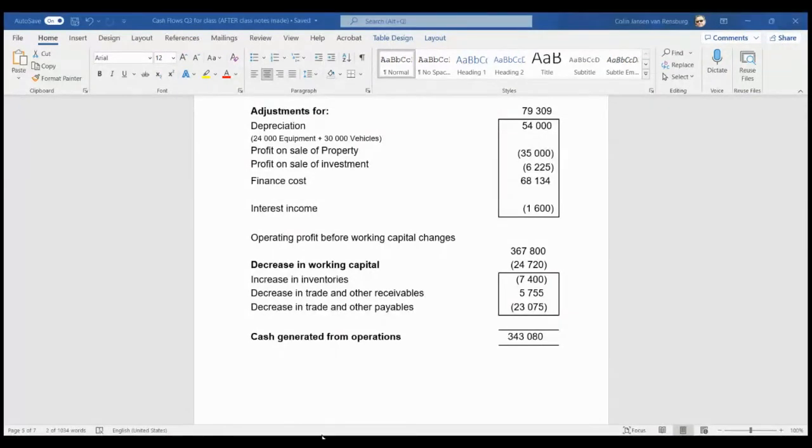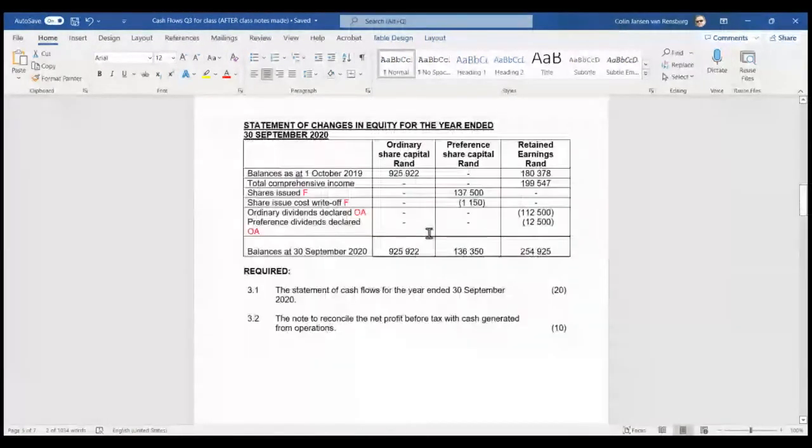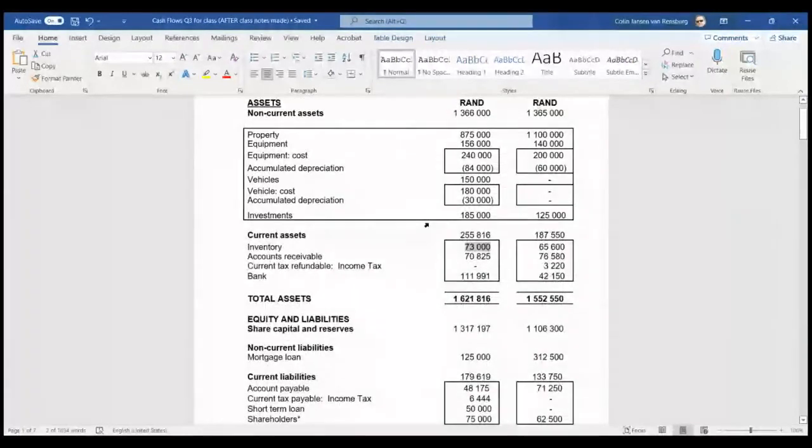Now we have to go and look at our trade and other receivables, ladies and gents. We also know that we can find that on the face of our statement of financial position. So we have to go all the way back to the statement of financial position. There we've got accounts receivable, so that will be included in our trade and other receivables. So here we can go and have a look. We started the year with 76,580. We ended the year with a total balance of